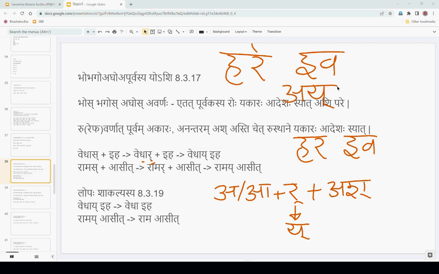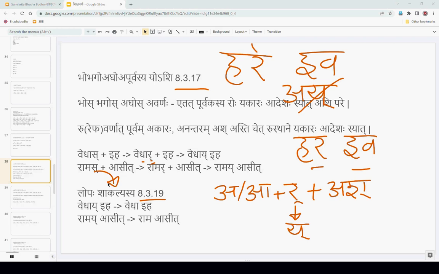Parantu lopah shakalasya matena yakarasya lopah hara iva iti tishtati. Haraiva. So tatha eva same lopa shakalasya comes as 8319, not here 8319. So bhavago is 8317, tadanantaram 8319. So lopa shakalasya says vikalpena means alternatively. But lopa shakalasya, because Panini is taking this name shakalyasya, shakalya iti kaschit muneya nama तस्य नाम